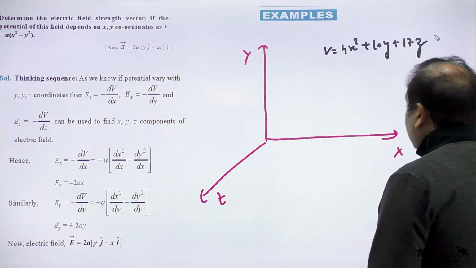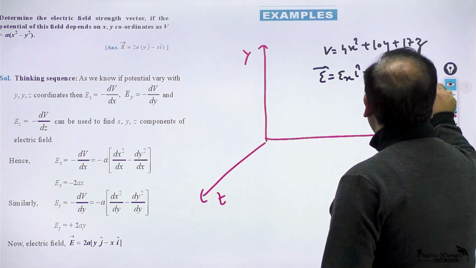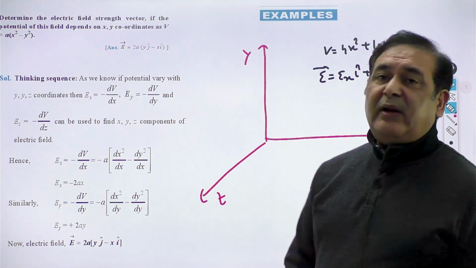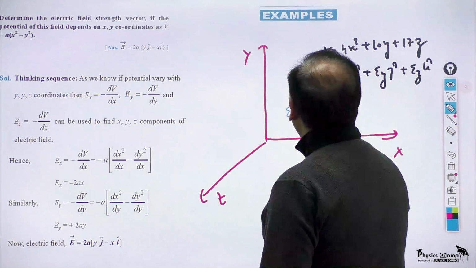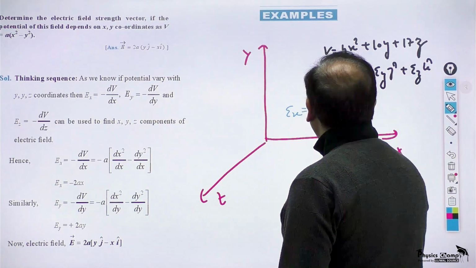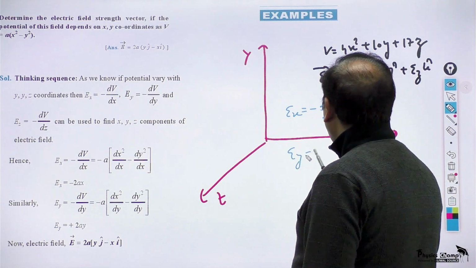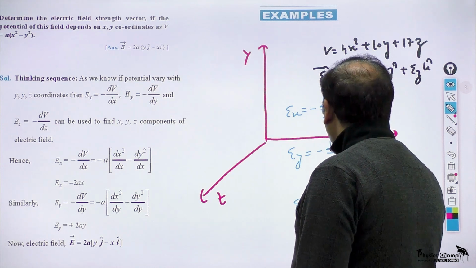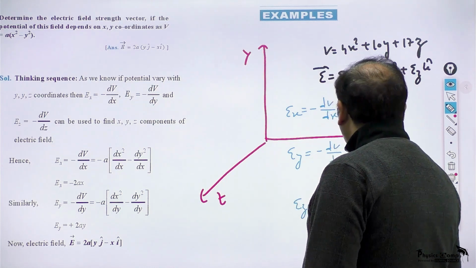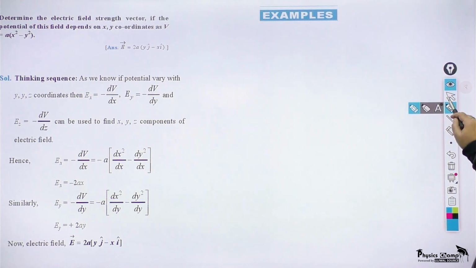the electric field. Now electric field, you know, it is actually a vector quantity. It should have component in x direction, y direction and z direction. So in such a situation, if you are looking for Ex, you can call it minus dV by dx. Differentiate V with respect to x, you will get x component of electric field. Differentiate V with respect to y, you will get y component of electric field, and differentiate V with respect to z, you will get z component of electric field. So this is an important concept, and on the basis of that I have question number 5 for you, which